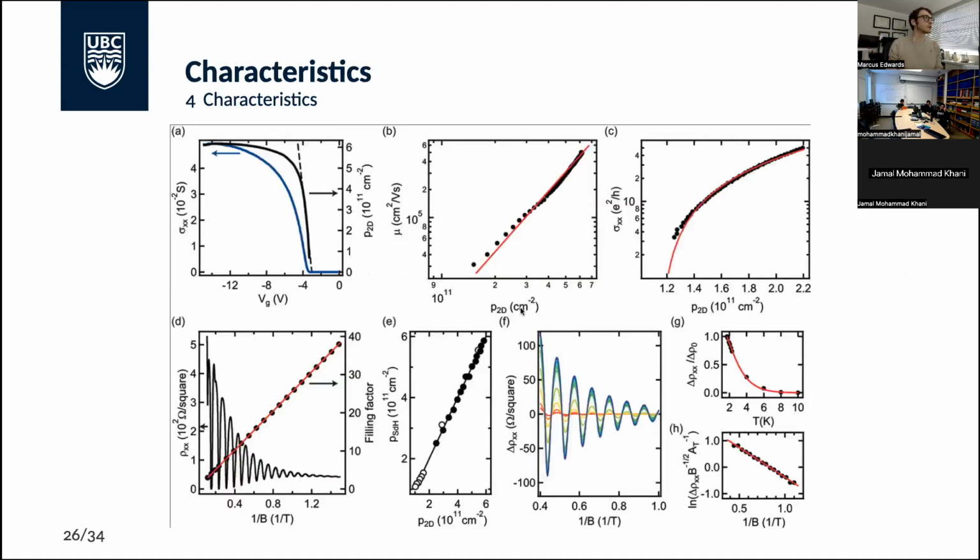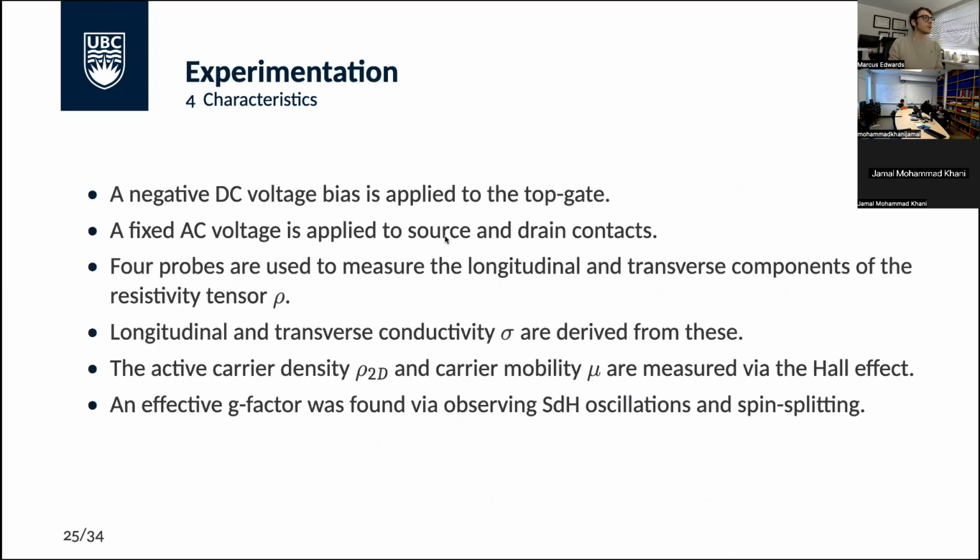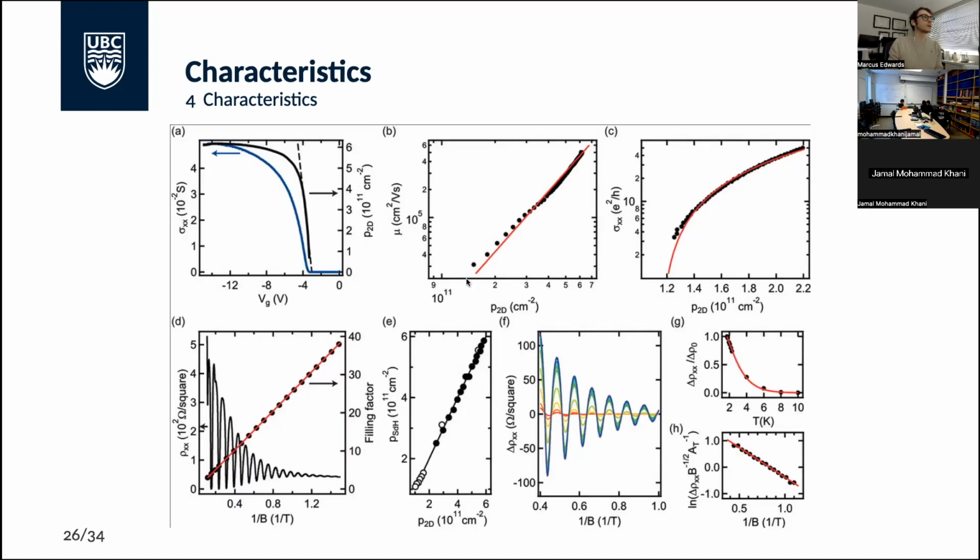So here are some of their results. We have the conductivity sigma and the resistivity rho, and their voltage applied to the gate. You can see how they were able to extract profiles for these and characterize their device. They have some other things here as well, but everything is in terms of either resistivity, conductivity, magnetic field, or carrier density. We can go more into any of these graphs if you have any questions, but I'm going to keep moving along